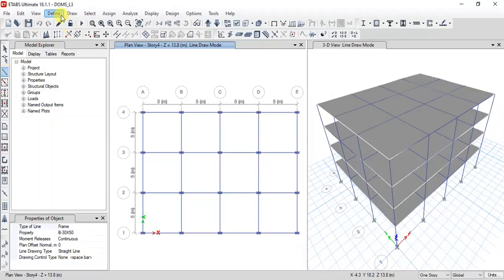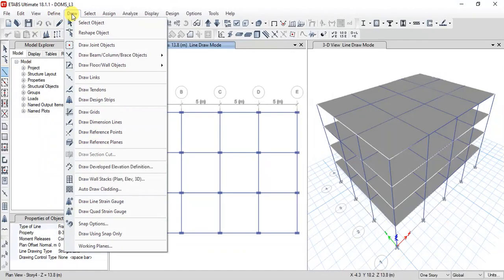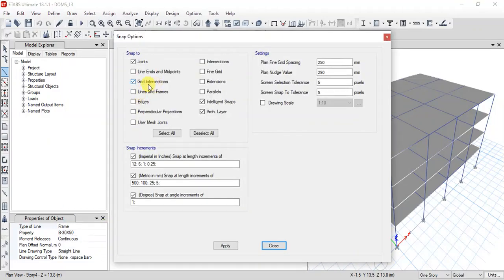For that, you have to first go to draw, and you have to switch on this snap option, which is called line ends and midpoints. Normally this will be switched off. This feature is also available in AutoCAD. If you click on that, as you move your cursor onto those lines, you will be able to get the midpoint.